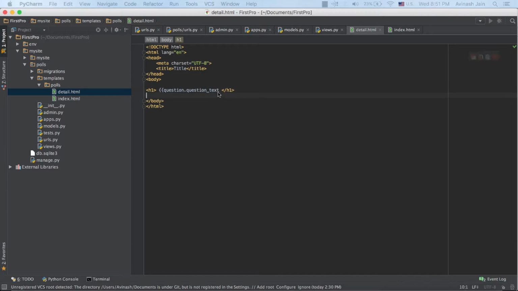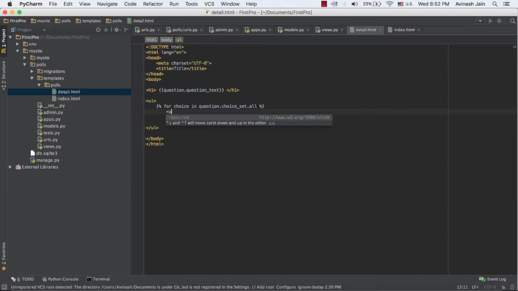All right, pretty straightforward HTML right there. And then the next thing is, after I add the double curly braces, we need to show the choices. So just like we iterated through all the questions in our question object, we want to iterate through all the choices of this question using a for loop. So this again would be an unordered list, and inside of this, go ahead and create a for loop. So for choice in question.choice_set.all,